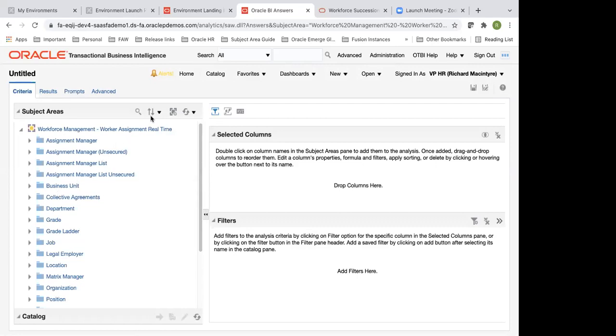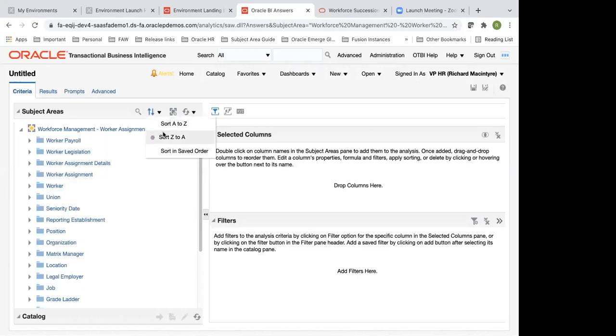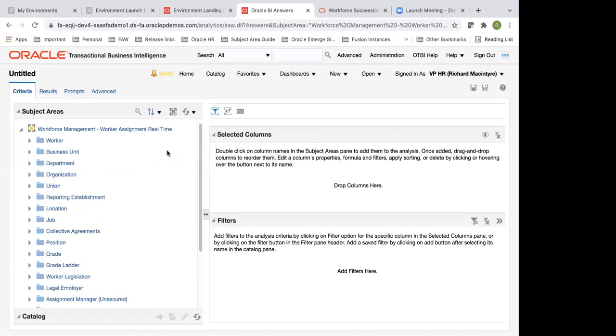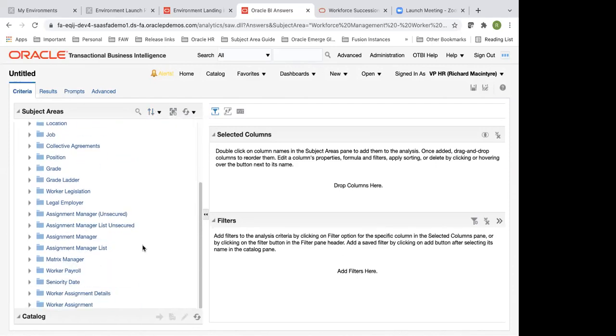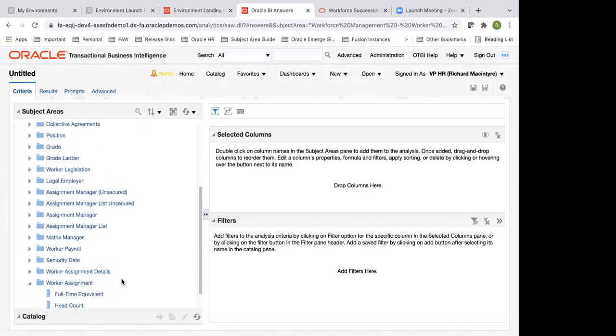You could arrange this subject area in alphabetical order, from A to B. Or when I say sort in saved order, this is by default what is stored in the subject area. Whenever you go to any subject area and say sort in saved order, generally the last folder in the subject area will be the fact folder.